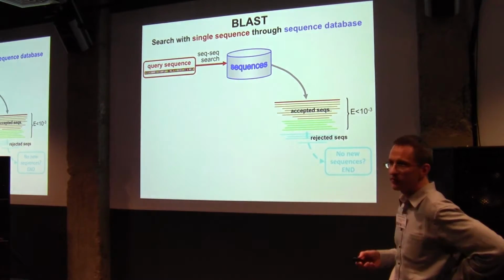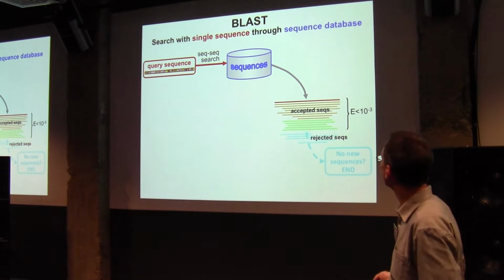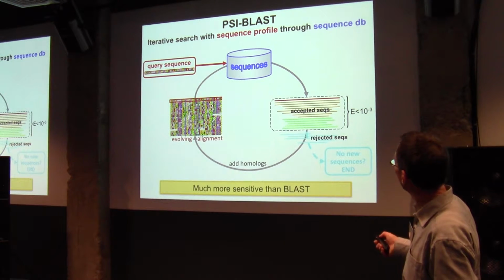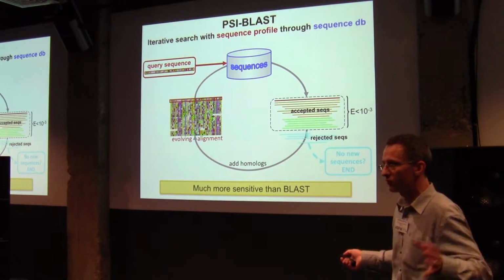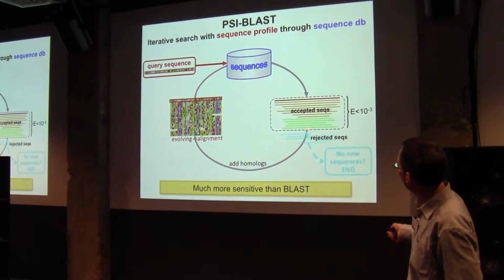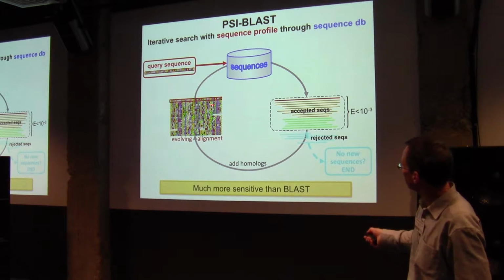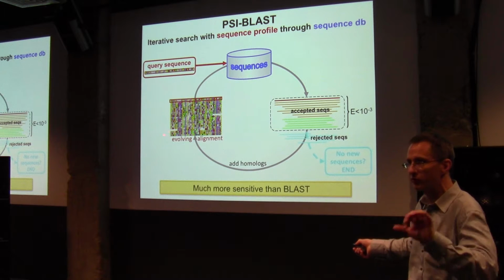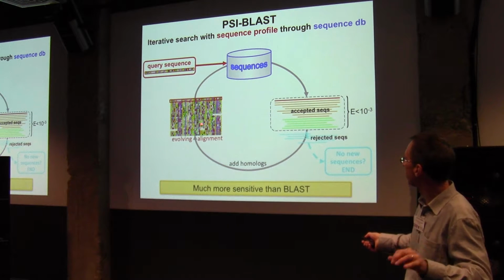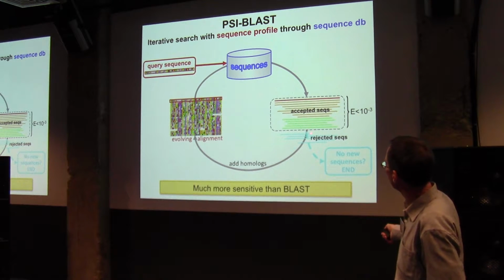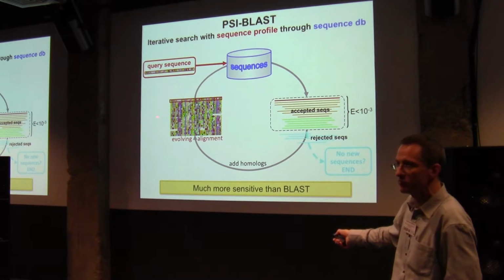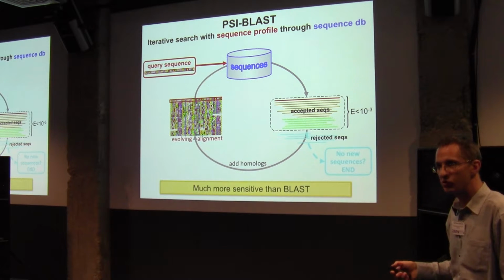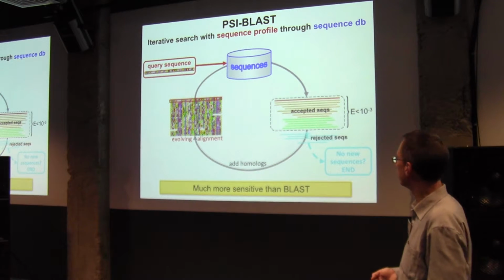So what we do then is comparing these profiles with each other. And BLAST is just a simple sequence search. PSI-BLAST, as I already showed you in this example, takes the accepted sequences from the first search, builds an alignment out of them, and can use this for scoring with this new profile sequence score that I showed you. Can use this for scoring to get more sensitivity and more accepted sequences, and then put them even in, and you can do in principle 3 or even 5 iterations and get fairly sensitive.